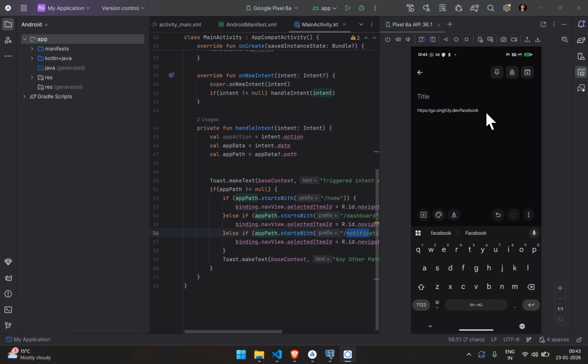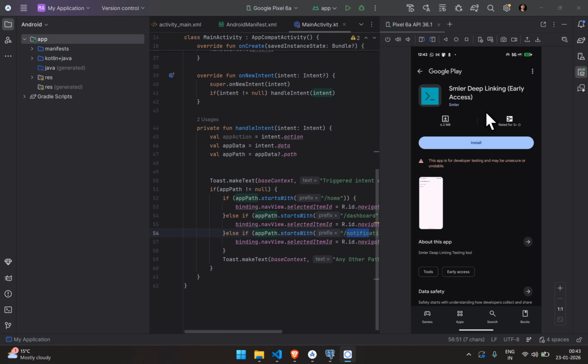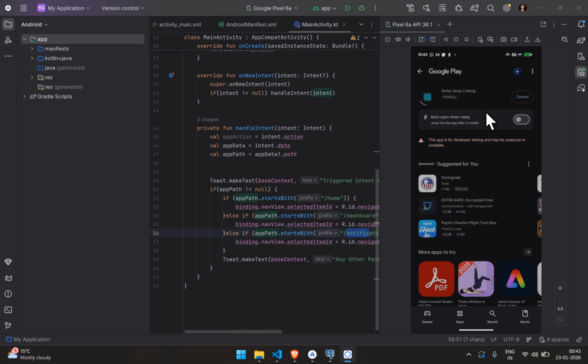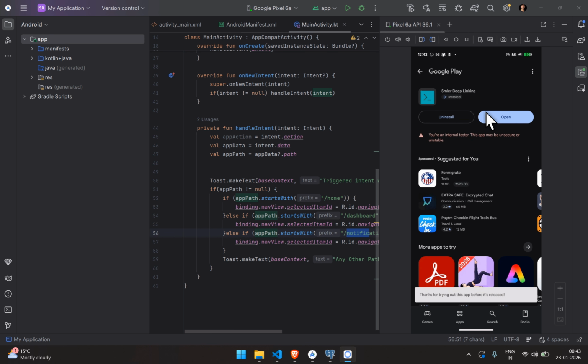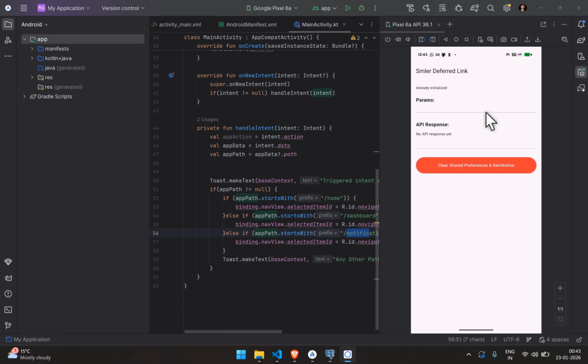I'm gonna open this. You see, it has sent me to the app, and this is a development app, so probably you won't have access to this application. You can develop your own and test it there. Now once this is installed, I'm gonna open it. Well, this app was already installed, so